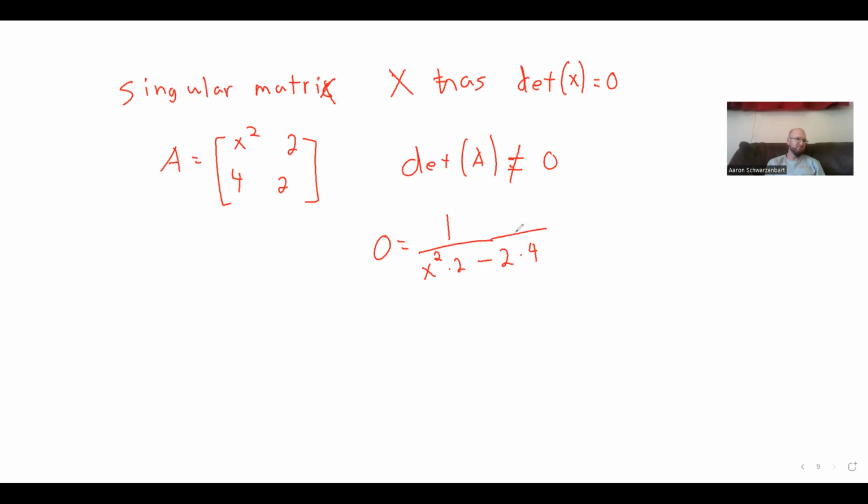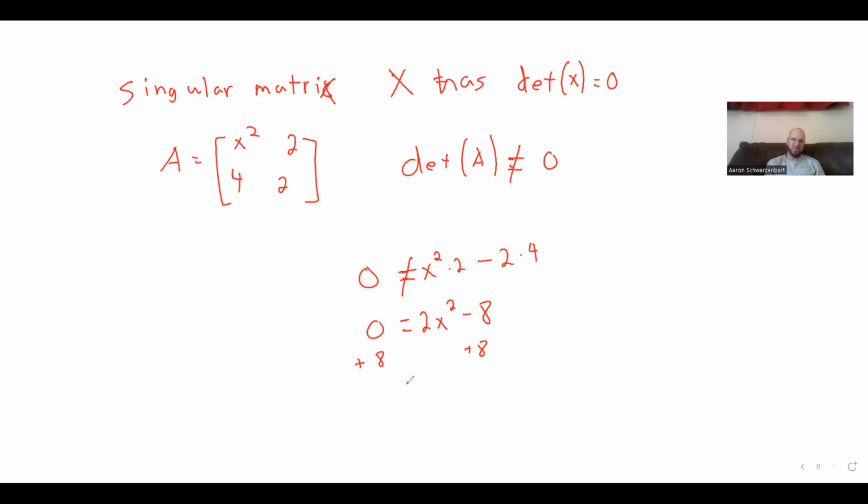Oh, wait, not 1 over. I'm just doing the determinant, not the part about the inverse. The determinant is just the AD minus BC. It's not the 1 over part. So I'm going to find out what it is. And I know that 0 cannot be equal to this. So 2x squared minus 8. We're going to find where it equals 0